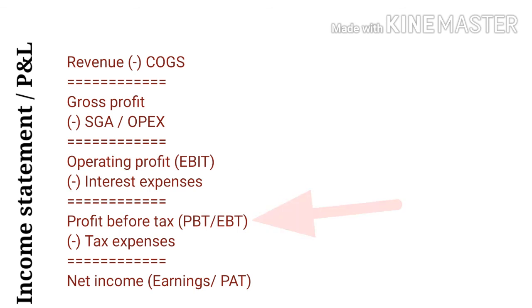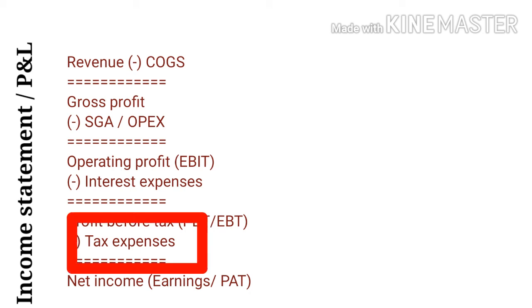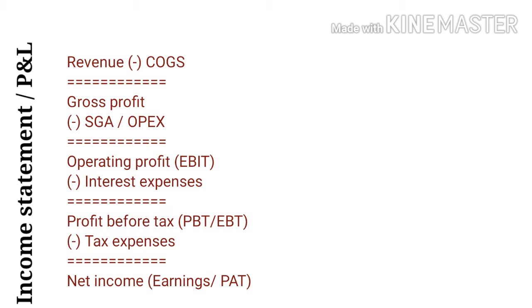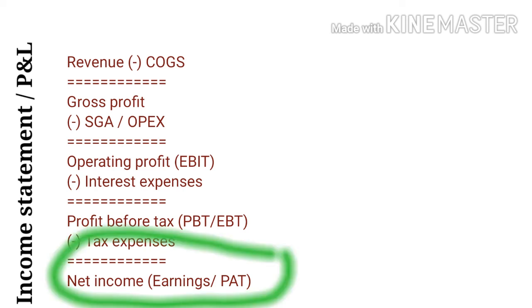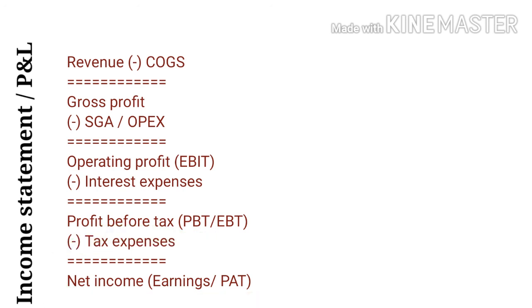Tax expense is the amount of tax due in a given period, and that's in line with accounting standards and also in compliance with tax rules of the land. Once tax due is deducted, you arrive at profit after tax, known commonly as earnings or net profit. This concludes our learning on different headers that are a part of the income statement, also known as the profit